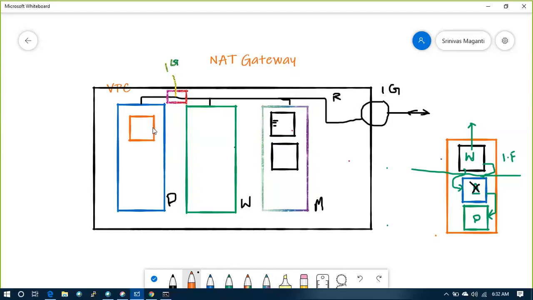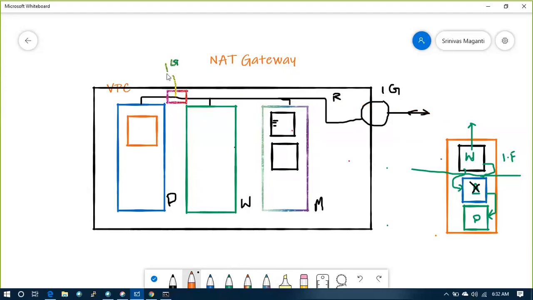Okay. Yes. But the thing is, the DB server sometimes should also go to the internet and download some patches. If you consider a Windows or Linux server, if it is a Windows server, every 1 month it should go and talk to the internet and get the new patches and install them. At the same time, if it is a Linux server, after every 6 months or every quarter, it will go to the internet and connect to redhat.com and get the patches and install them. So in that case, this server should go to the internet and get the information. But if someone is trying to access this server from the internet, it should not respond.